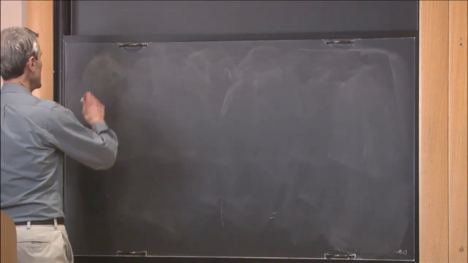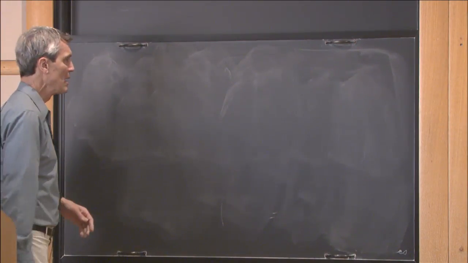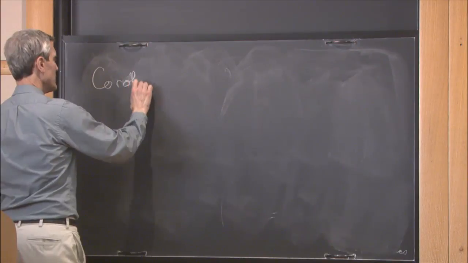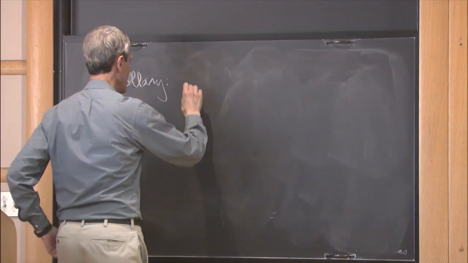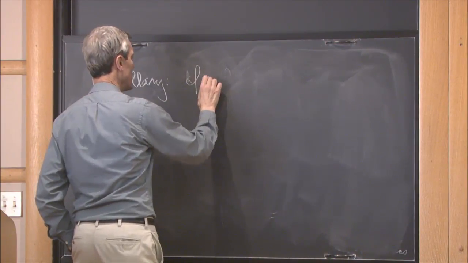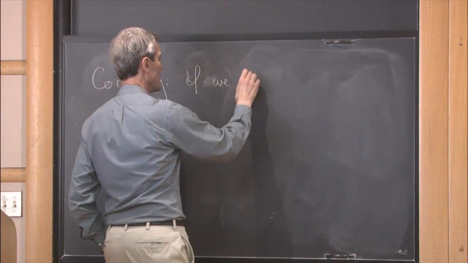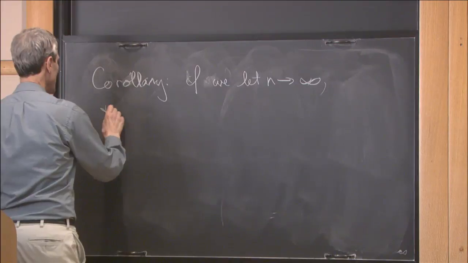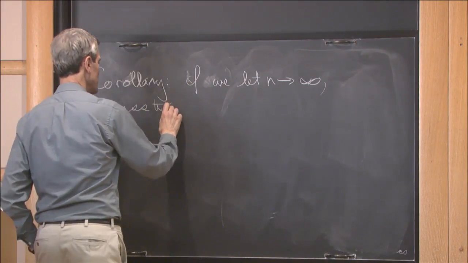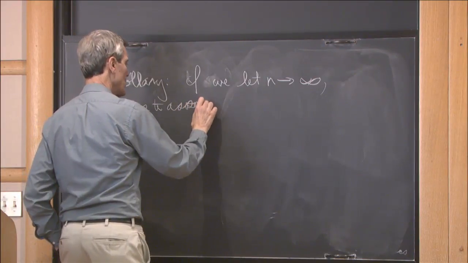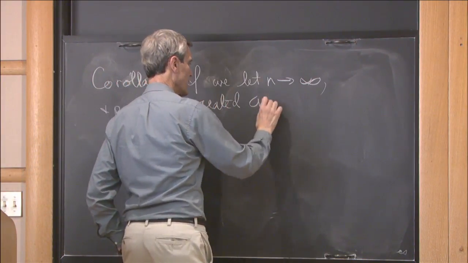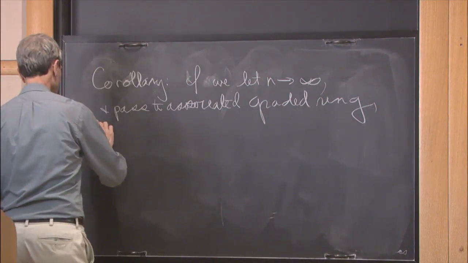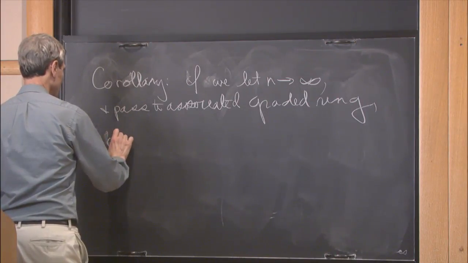And then, a corollary of this is that if we let n go to infinity and pass to the associated graded ring, then we get this situation that